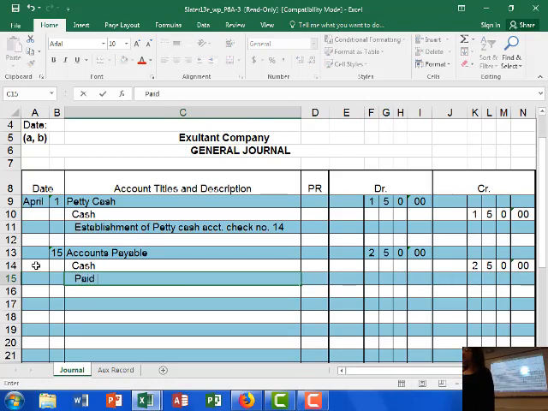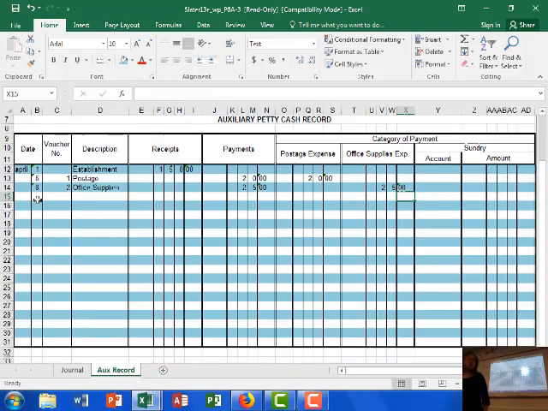Then on the 17th, paid $19 from petty cash for office supplies. We're running through office supplies like there's no business. I don't know why. What kind of office supplies we're running through, I don't know. It could be tape. And it's voucher number 3. What was the check number for the 15th? Check number for the 15th was 15. Voucher number 3. $19 for office supplies.